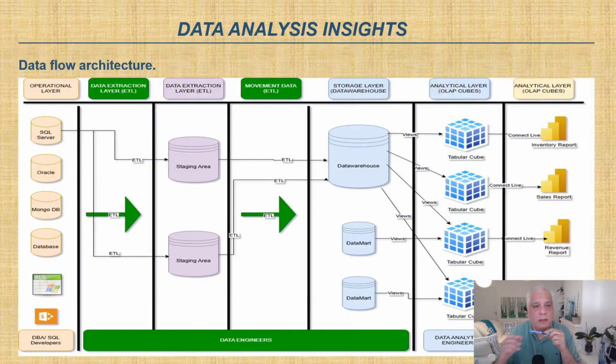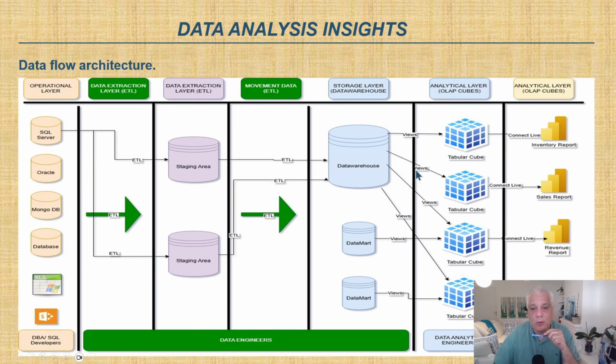Basically, this is the data flow architecture. So we can have different data sources. After that, with the ETL, we are going to populate the data in the right manner in the staging areas. Once we have the DIM tables and fact tables in staging, we are going to move these tables into a data warehouse, depending on the process, if we are following the Kimball process or